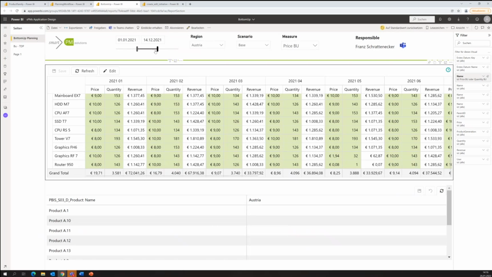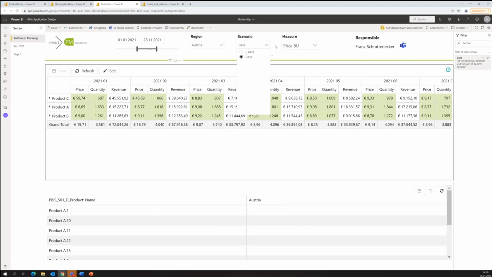Here we have the dimensions. Time again, we can slice it with this widget here. You have the dimensions region and scenario and measure in price or quantity. In this example, my colleague Franz Schrattenegger is responsible to submit this sales plan. And as we discussed before, it is always possible to get in touch and to collaborate with your colleagues very easily. And therefore, we integrated this Teams button